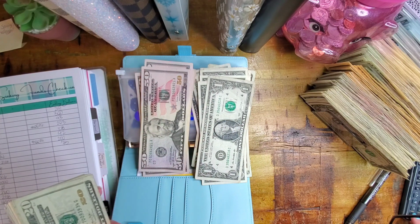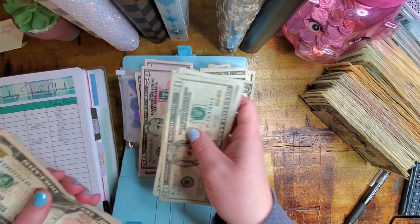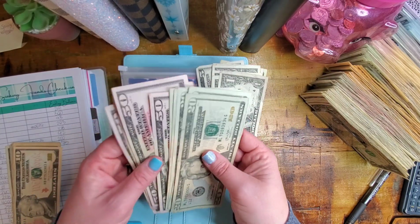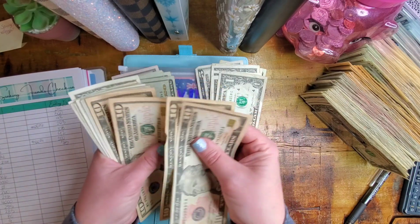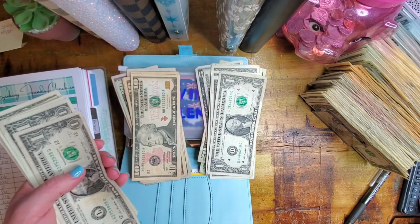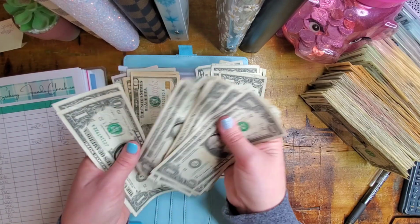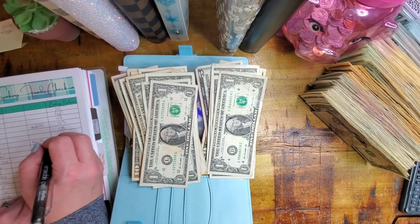So I'm going to add this up in the calculator over here, you guys, because I can see myself messing this one up. 20, 40, 60, 80, another 100. I said I was going to mess it up. I already have. So this was 71. And then we've got 400 there. Okay, so 471. Then we've got 10, 20, 30, 40, 45, 50, 55. We're going to go ahead and add that 55. And then we've got 1, 2, 3, 4, 5, 6, 7, 8, 9, 10, 11, 12, 13, 14, 15, 16, and 17. So in the savings challenge envelope, we have